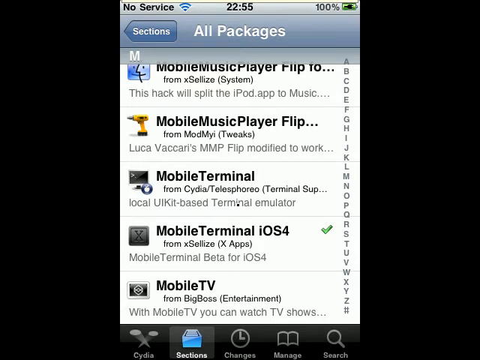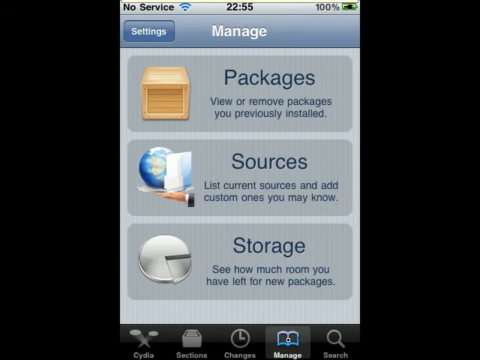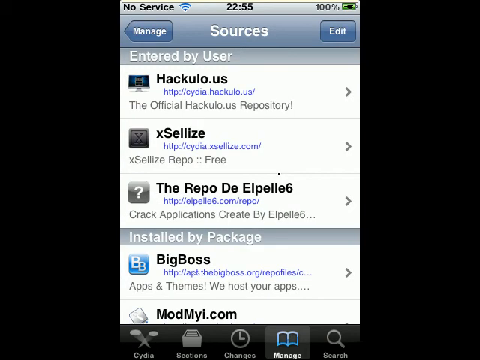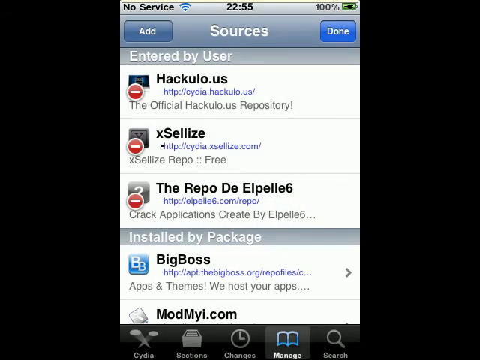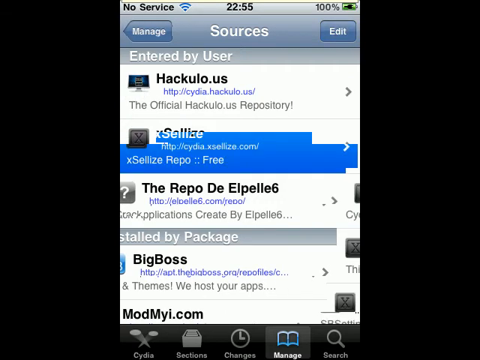Okay, but let's just say that you don't. Let's just say that you're running iOS 4. Before you even go into Sections, just come down here to Manage, go to Sources, hit Edit, hit Add, and then type in right here this right here. Okay, it's http://cydia.xalize.com. And then once you've done that and you've added him, then just come down here and click on him